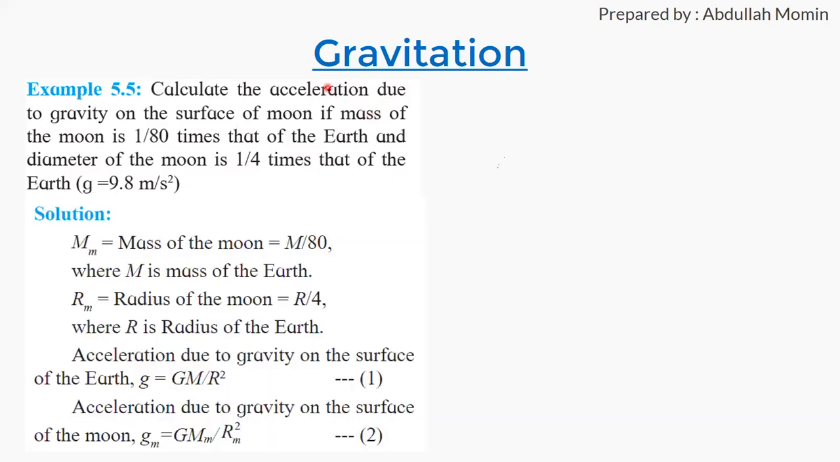So we will write that the mass of the moon, that is Mm, is equal to 1/80 times the mass of the earth, where capital M is the mass of the earth. Similarly, the radius of the moon Rm is 1/4 times the radius of the earth, where R is the radius of the earth. Now the acceleration due to gravity on the surface of the earth is given by g = GM/R². Now the acceleration due to gravity on the surface of the moon is gm = GMm/Rm². So from equation 1 and equation 2 we can write,